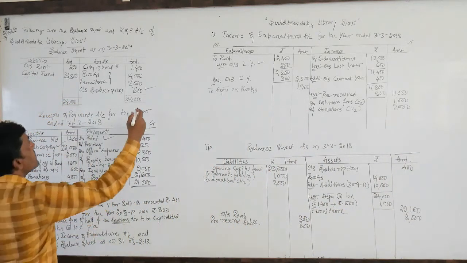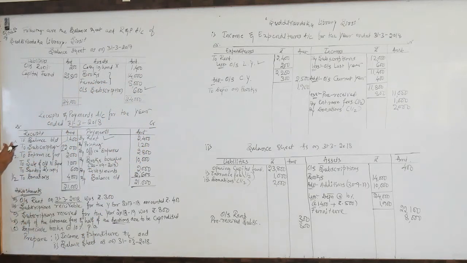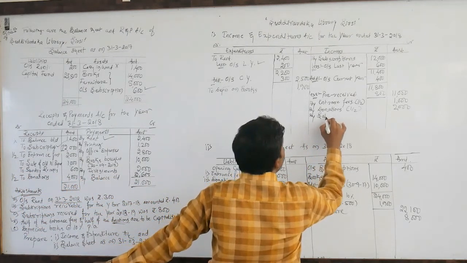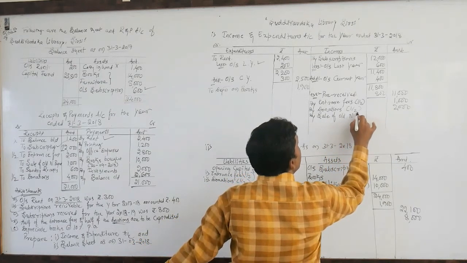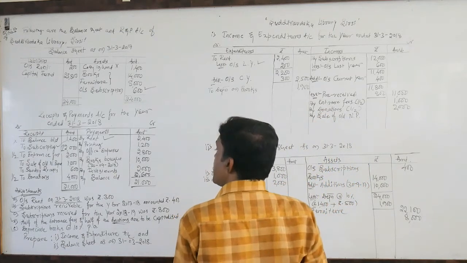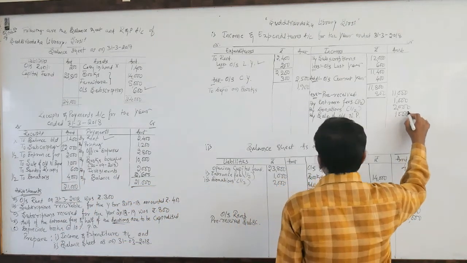Outstanding subscription we have already taken. So with this I have completed the previous year balance sheet. So come here to the receipts and payment account. It is already cancelled, it is already returned. So we have considered entrance fees. Sale of old newspapers is income. So this is a revenue receipt or regular income. Sale of old newspapers worth rupees 1,000.